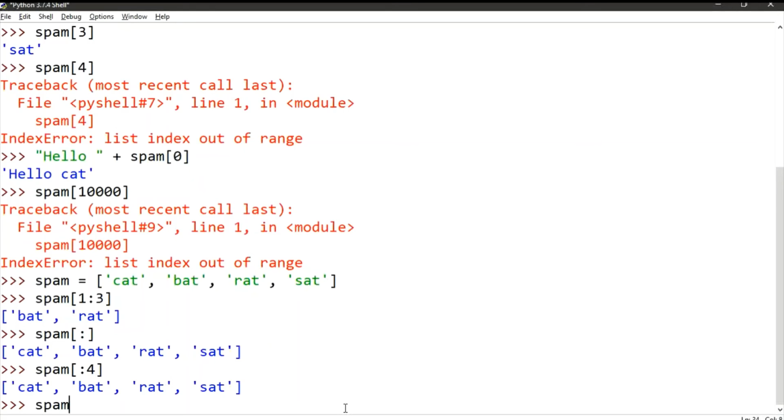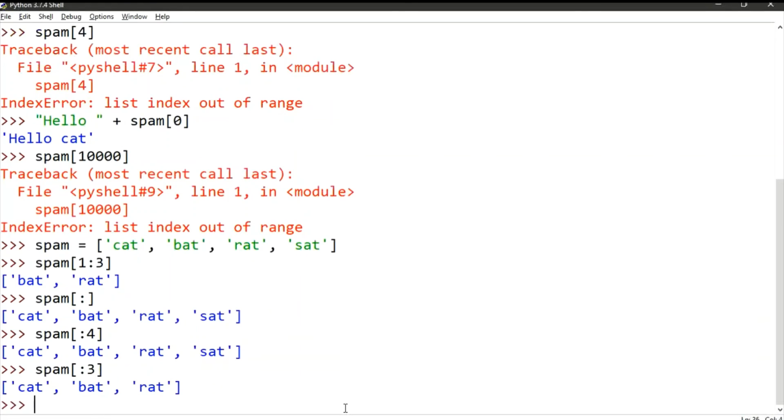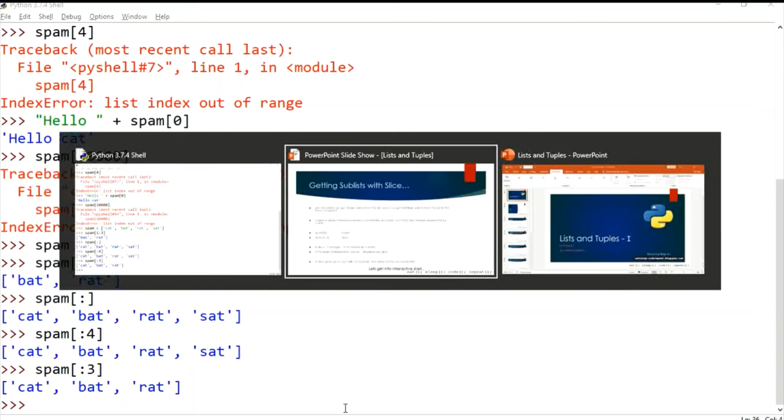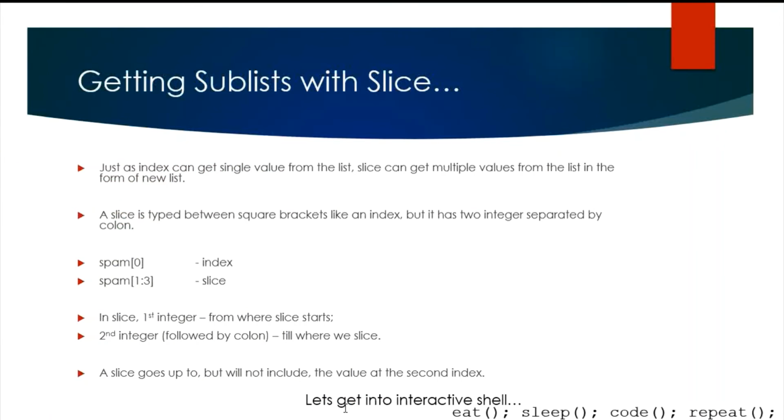If I say spam, start from this till the 3rd index, it's not going to get the 3rd index but 3 minus 1, that is the second index. Is that clear? So this is how we slice. Let's get back to our presentation.